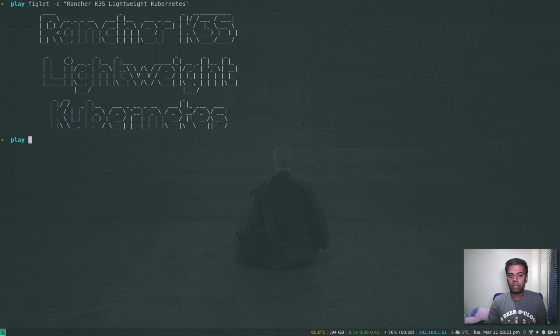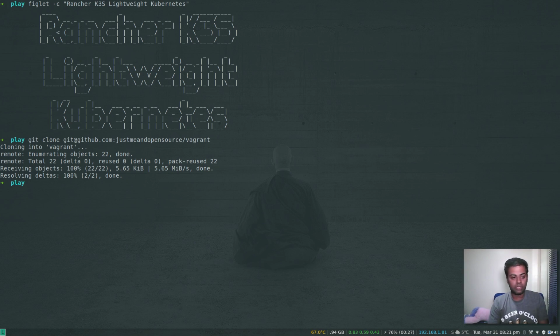So you can deploy multiple master nodes and an external database as the cluster storage, with a load balancer and so on. But for this demonstration purpose, we are going to go with a single master node and a single worker node. All right, so I'm in my play directory here. I'm going to git clone my Vagrant GitHub repository. I'll put a link to the GitHub repo in the video description if you want it. Cd to Vagrant